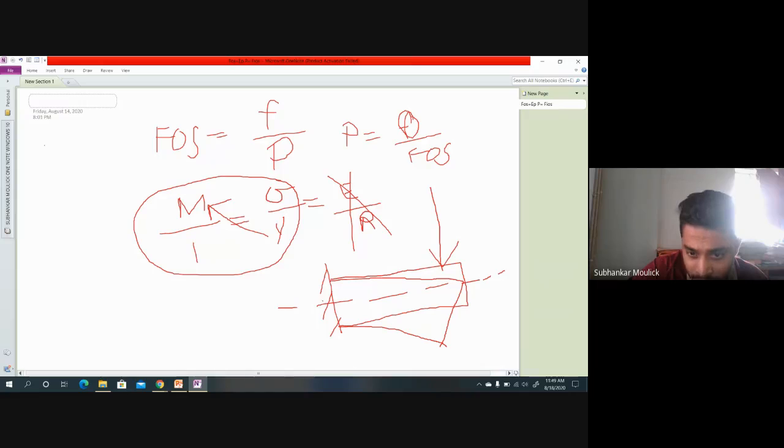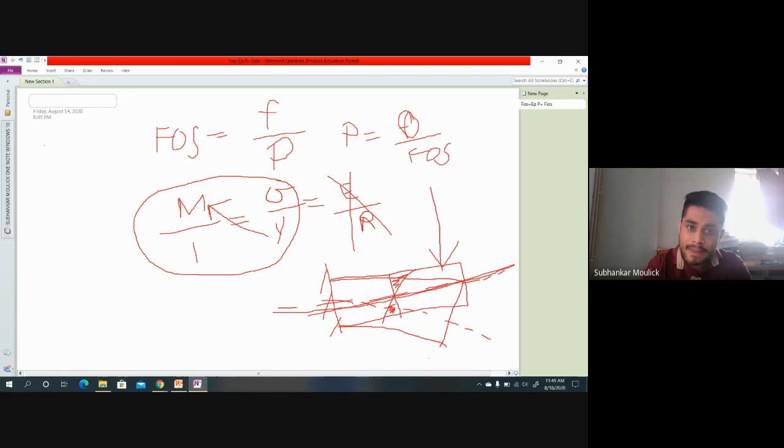Now your new neutral axis is this one. Fine. And if I see the bending stress distribution along the neutral axis, it is like this. Here sigma bending is maximum over here and minimum over here, and we take it along the x-axis, because the entire body is bending along the x-axis.